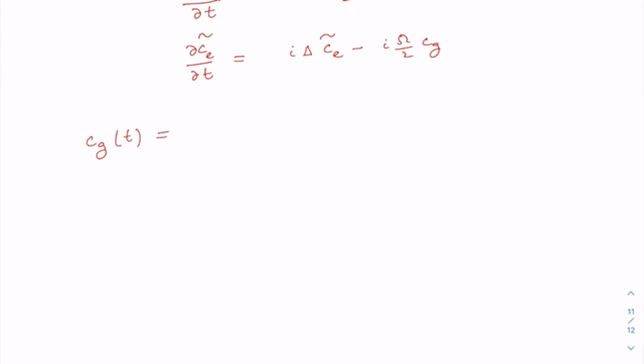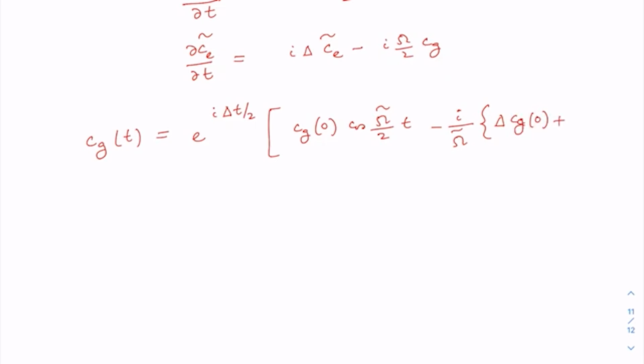Cg of t would be equal to e to the power i delta t by 2, Cg 0 cos omega tilde by 2 t, I will define what omega tilde is here, minus i by omega tilde delta Cg at time 0 plus omega Ce tilde at time t equal to 0 into sine omega tilde by 2 t,